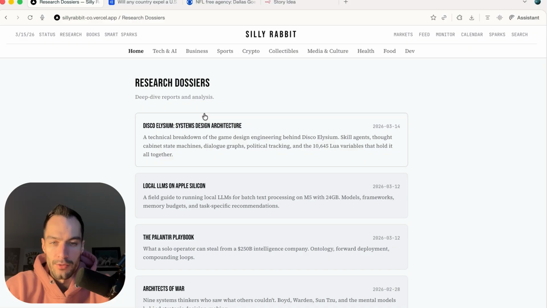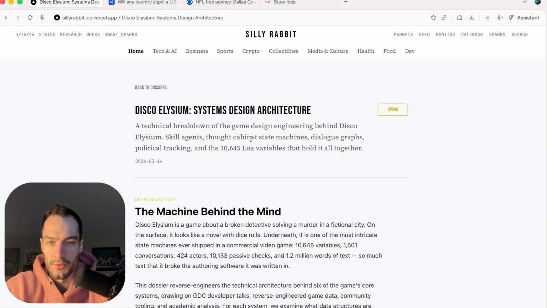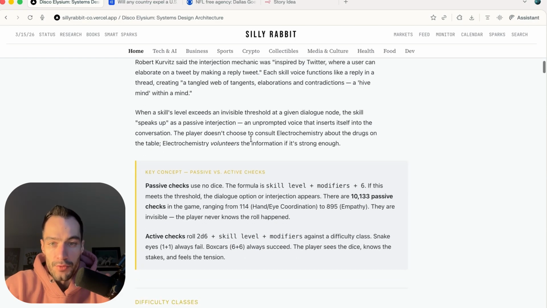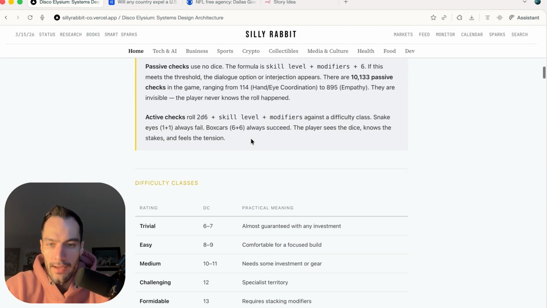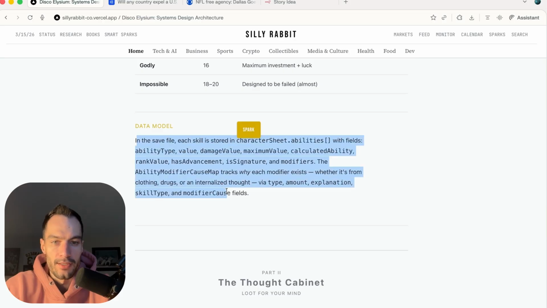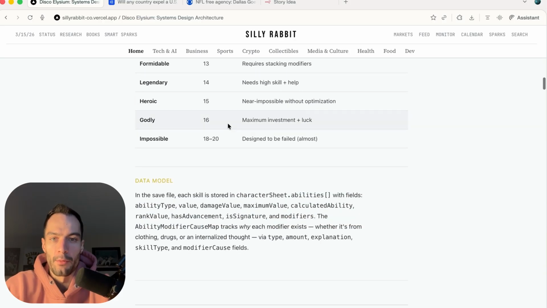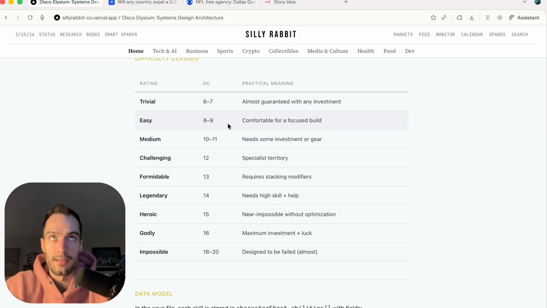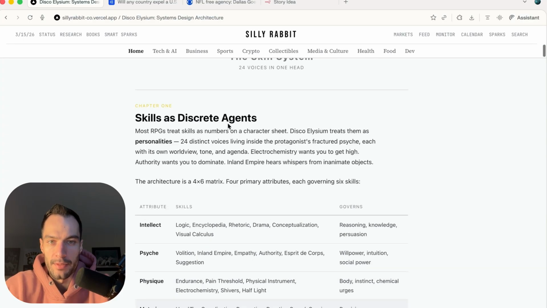And then I run a sort of custom deep research command within Claude Code, and the reports it produces go right here as well. The reason why I'm doing that instead of just using Perplexity or running it within the terminal is that when I have them right here, I can spark them and then save it. And then going forward, when I say, hey, I want to do deep research on XYZ topic, again, it'll tailor that report to the sort of information that I typically care about as well.